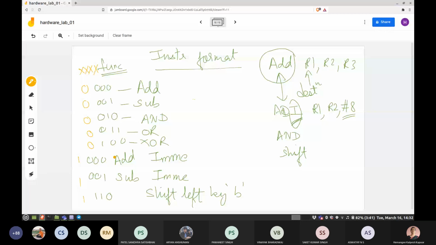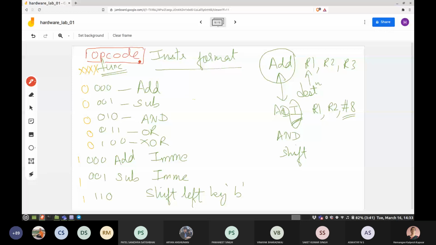This is how I have decided the instruction format, where what I have written is the opcode. So the opcode is these 4 bits.